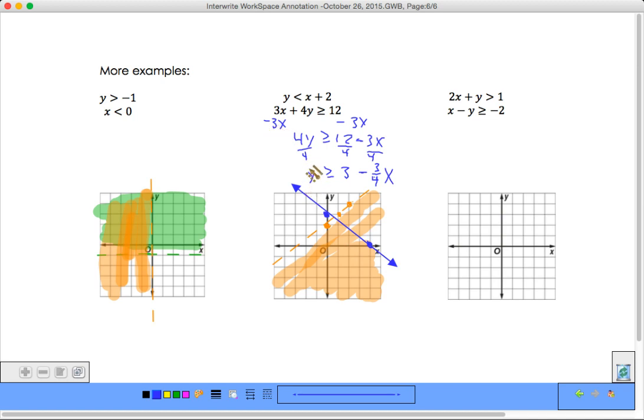Okay, and then because when we were finished, we had y is greater than or equal to, our shading's going